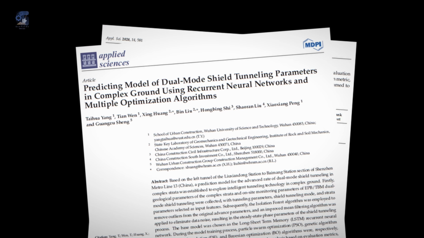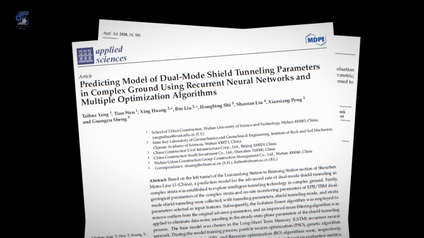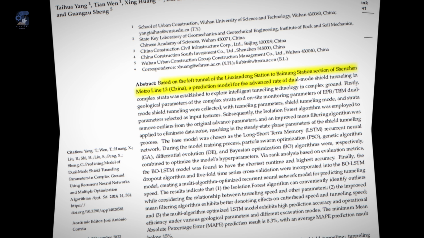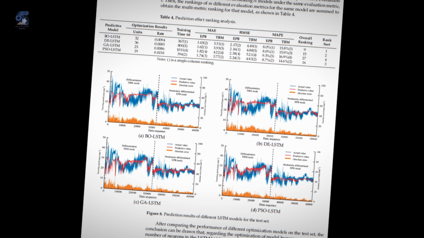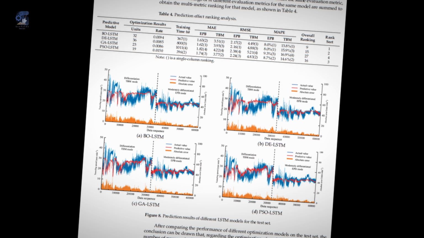A Bayesian-optimized long short-term memory model was similarly implemented to predict the advancement rates of a dual-mode shield tunneling in complex strata during the construction of the Shenzhen Metro Line 13 in China. The model maintained an 80% accuracy even in challenging geological conditions, showing the predictability potential of these machine learning models. These are just a few examples of where the industry is at when it comes to the implementation and utilization